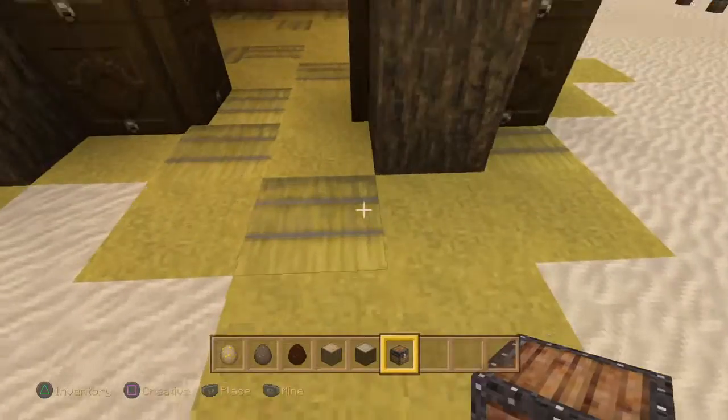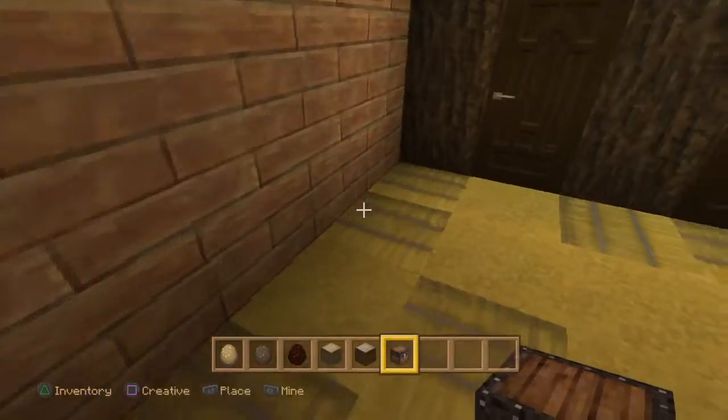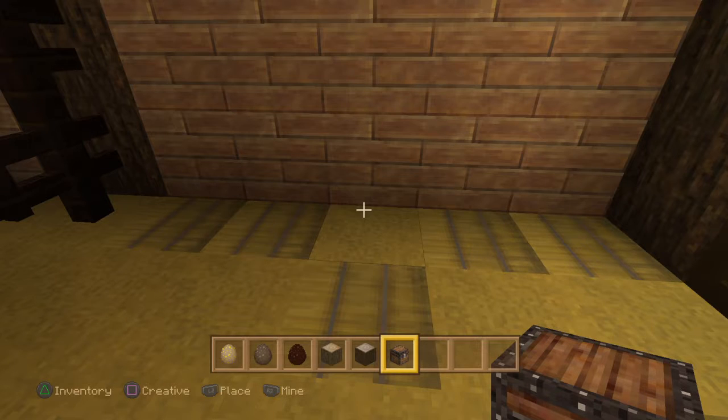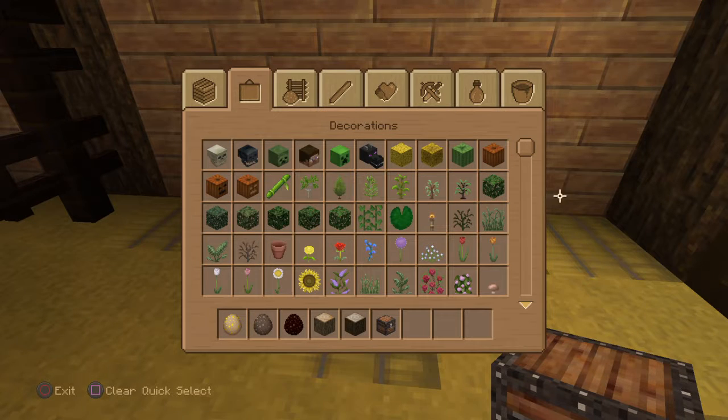And I've placed some hay blocks along the floor as well, and I've filled this room in here with hay blocks, hay bales. And I suppose what I could do also while I'm thinking about it is, if we go to creative, I could get, where is it? If we can find the cauldron,